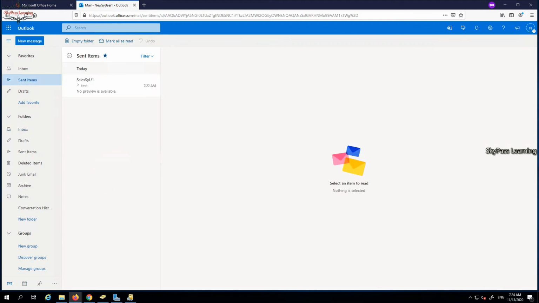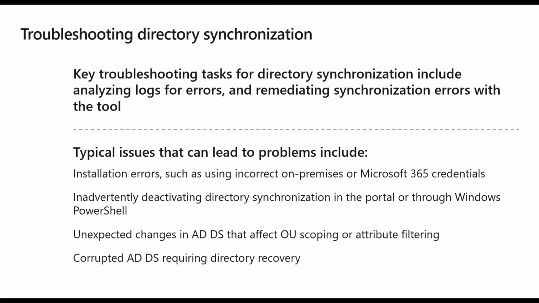So that's all about this, and you have seen how we can test it out after syncing all the user accounts, logins and everything. For detailed information you can watch my series Beginners to Professional related to Office 365. In part 2 I have already covered all this stuff in more detail. You can review it over there.